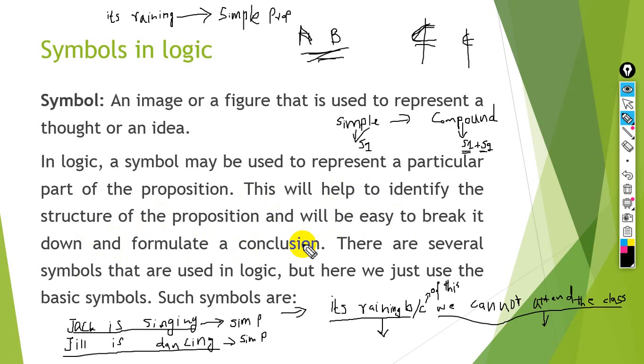So what does it mean? Why are we using the symbols for a proposition in logic? So we are using the